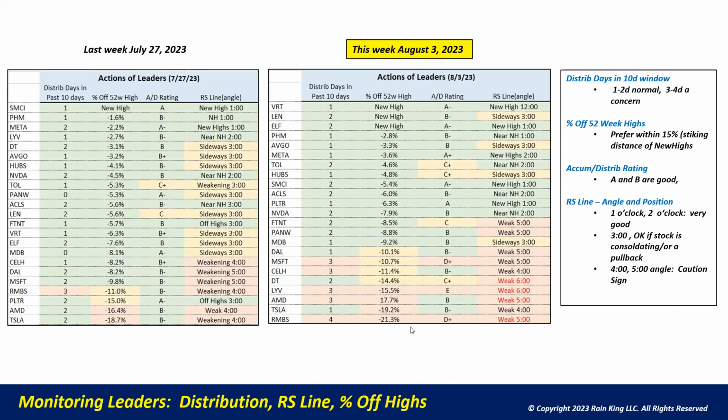And you can see if you just squint, you're going to see a little bit more red in the chart, and you're going to see a little bit more orange in the chart, which are more the cautionary signs. Now, you'll also notice that there are more noticeably stocks that are off their highs by 10% or more. When you get off your highs by more than 15%, you're really looking at a new base probably being needed in order for that stock to reset itself and reemerge. So it's gotten a little weaker, but it's also becoming clearer to see the stocks that are holding up the